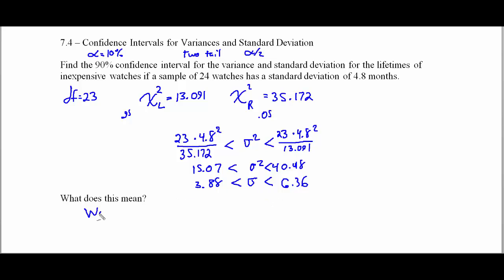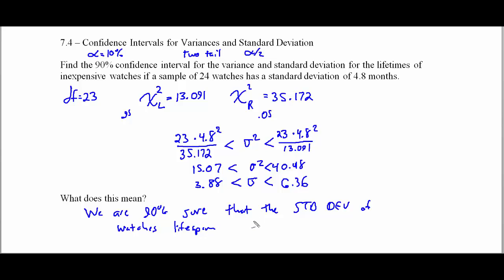So what this means is we are 90% sure that the standard deviation of the watch's lifespan is between 3.88 and 6.36 months. Now, this doesn't actually give us the actual failure rate of these watches,